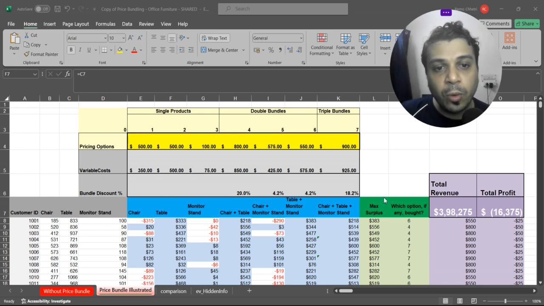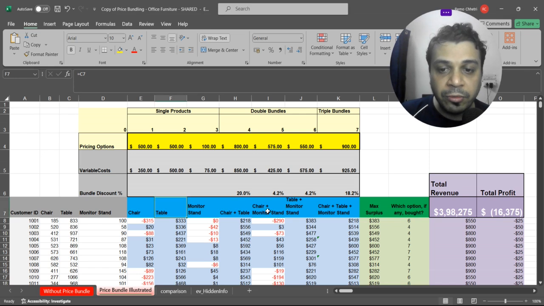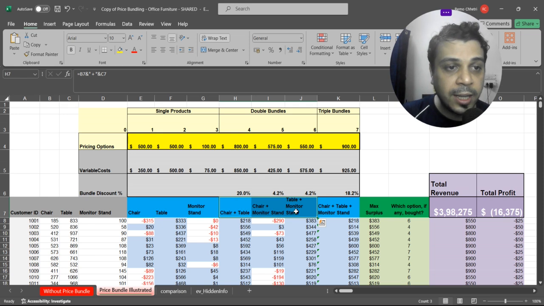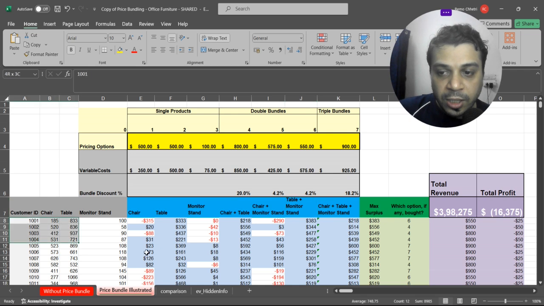So we only have one triple bundle here, with all three products together, and then we have three double bundles: chair and table, chair and monitor stand, and table and monitor stand. So what you see here in front of you, I'll just jump into this section first,